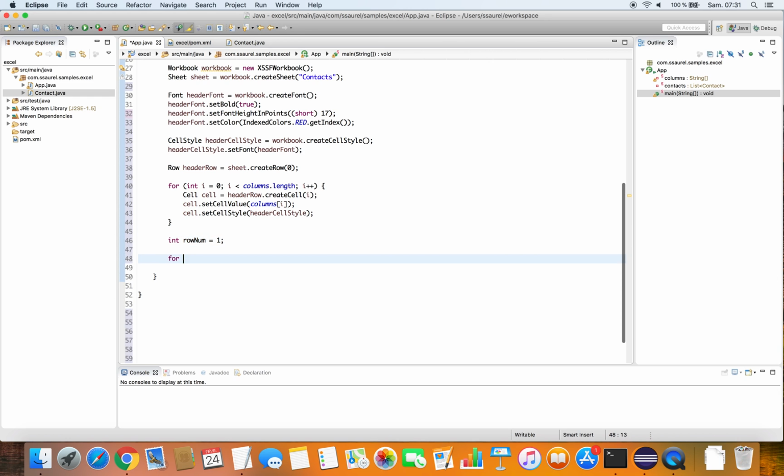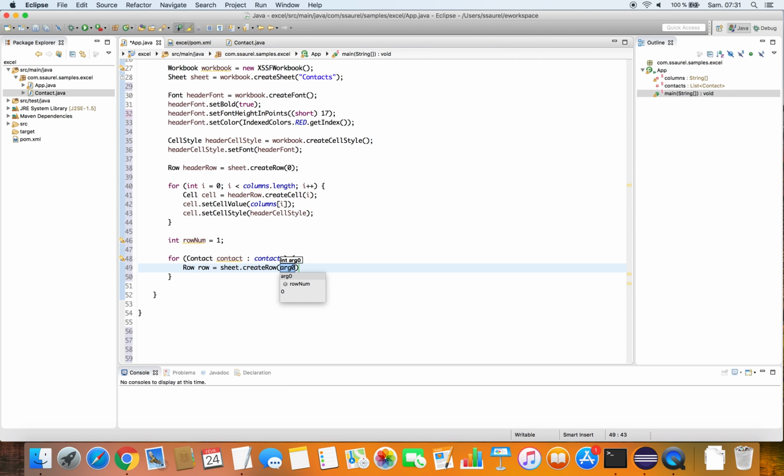Now we can create other rows and cells with contact data. For each contact in the contact data list, we create a new row and then we set the values in the cells.